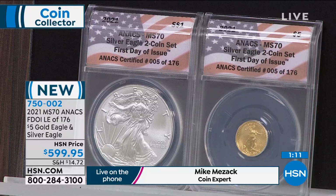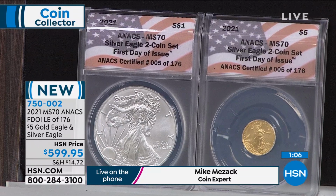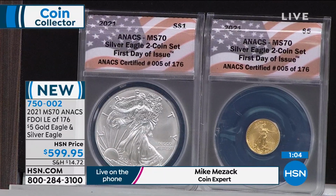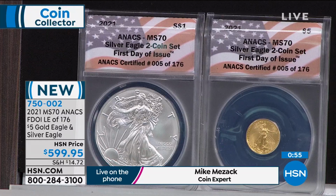Finding available coins, finding what we call live coins, in other words, not coins that you're hoping you're going to get, but coins that you actually own, is exceedingly, ridiculously difficult at this point. We are down to 6 of these pairs. Now, here's the thing. Even though the price has gone up in the secondary marketplace relatively dramatically for gold coins,